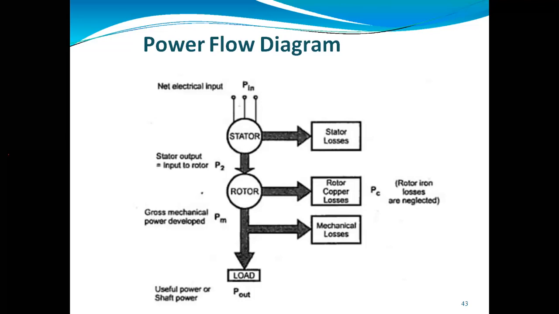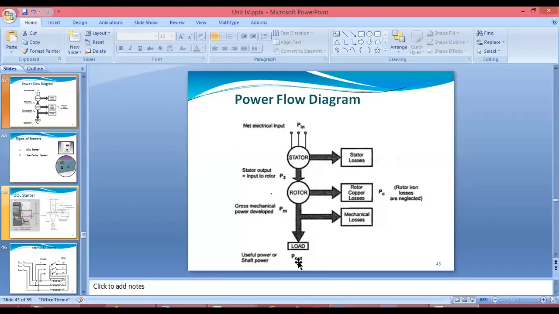When we give the electrical power supply to the stator, that will go to the rotor and the rotor will start to rotate. Due to which we are saying the input power to the rotor, you can see here we are saying that power as P2, output power of rotor we are taking as PM, output power of the induction motor. At last you will get here P out, the output power.